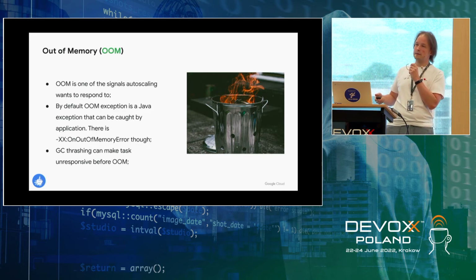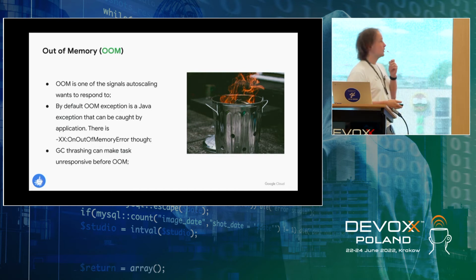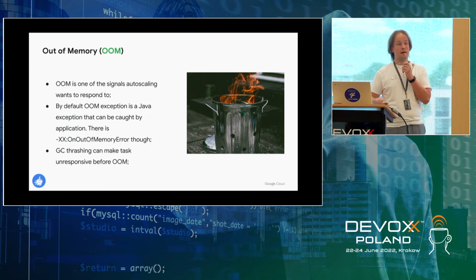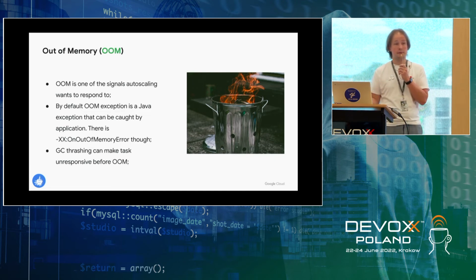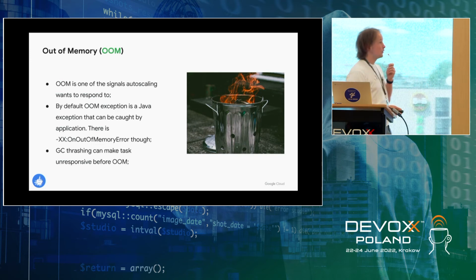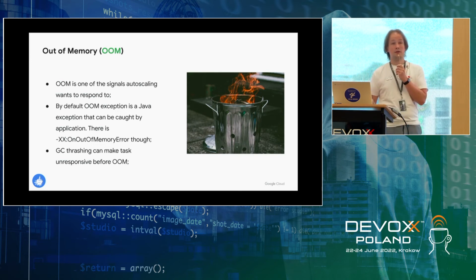No, it died? OK. So it means that something is very, very broken, and we need to react quickly. For example, for C++ and Go binaries, we can just intercept the operating system signal that the process was killed due to out of memory, and we push this to autoscaling. For Java, it's more tricky. Java can die in this way.